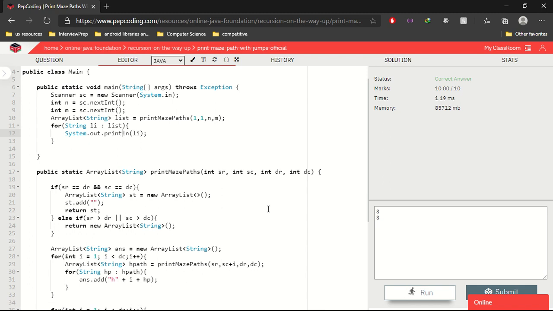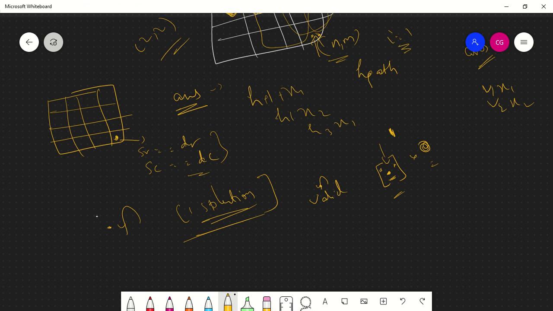So we will discuss this base case once again. SR greater than DR, or sorry, SC is greater than DC. What happens is if either of them is greater than the destination, you come out of the matrix. Once you come out of the matrix, there's no way going back inside it, because you can move horizontally, or vertically downwards, or diagonally downwards.